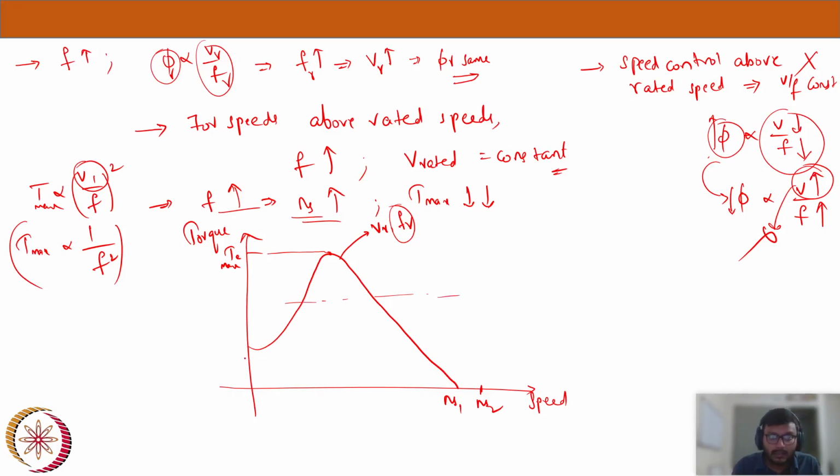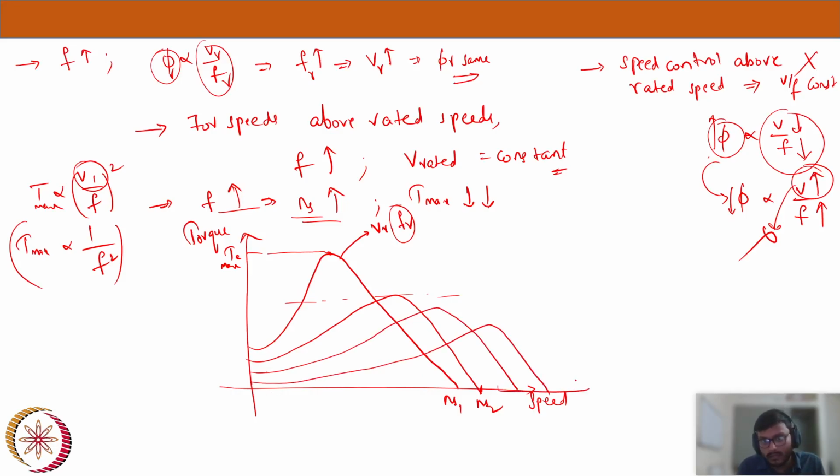You can see that like this, and if we further increase the frequency, like this, you will get ns3, ns4 speeds. Now if you see the maximum torque points, very drastically it will reduce